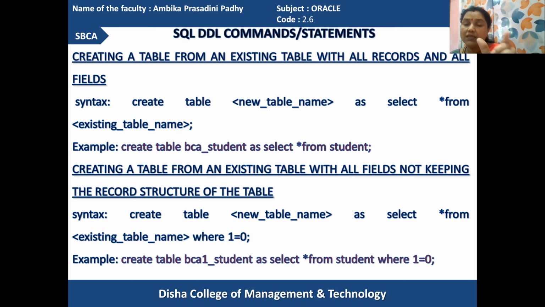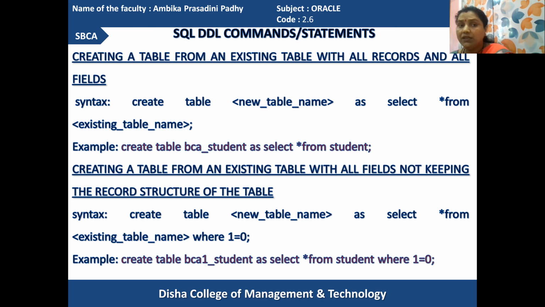Got it? A table is already present, and you want to use the records and the fields of that table for some other table to be created. You can do it using rename, but then the old table will be removed. Here, the new table will be created by taking the contents and field names of the previous, existing table. The table you want to create is your new table.